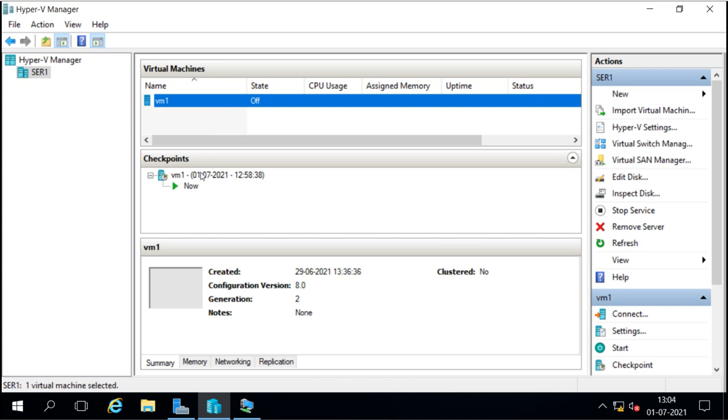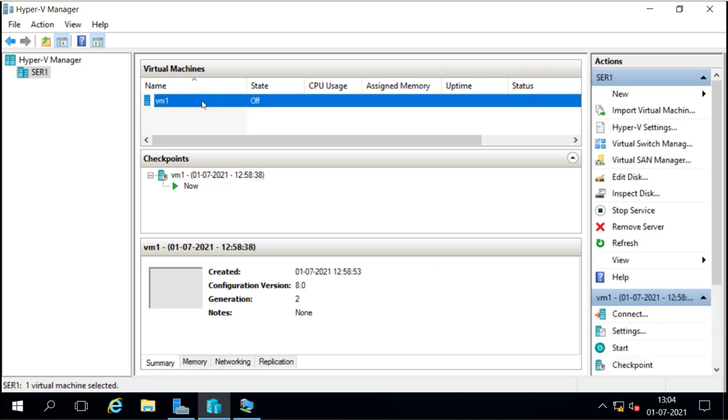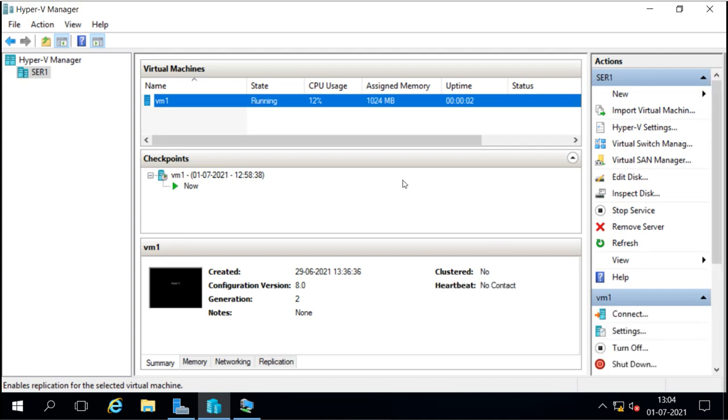That means if you have configured something, or if you are working on something and have not saved it, then that will be removed. Now we need to start this, and after starting we can see that whatever changes we made, like configuring the IP address or disabling the firewall, will be removed.